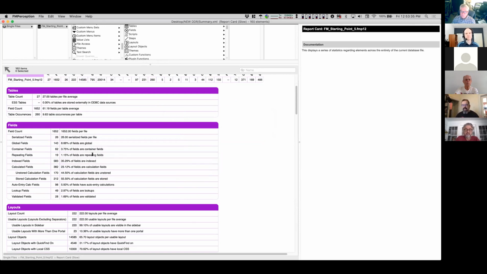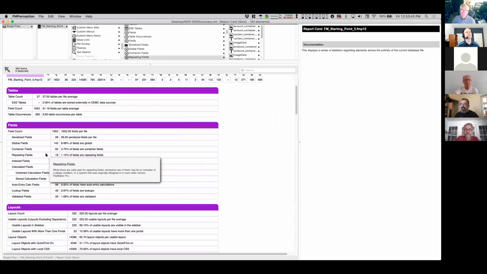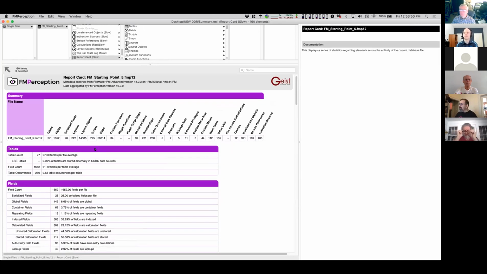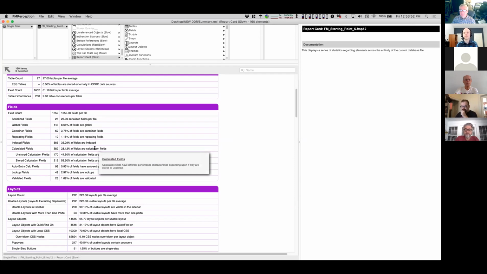Container fields, repeating fields. There are valid uses of repeating fields. I don't want to flag these as an issue, but if they've got 300 repeating fields, that might be a problem. I can actually click on any of these items and see these things. And so I could look at the names and go, okay, I see what they're doing there, not a problem. So calculated fields, unstored versus stored,